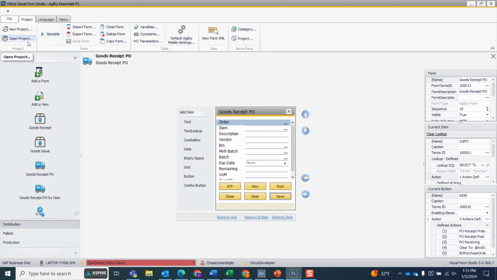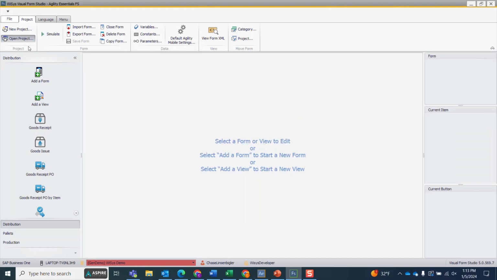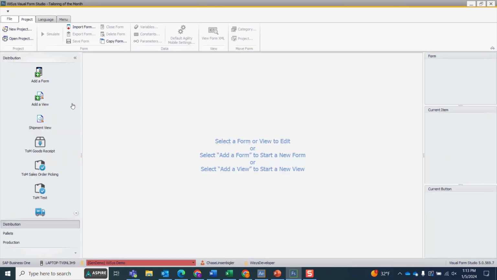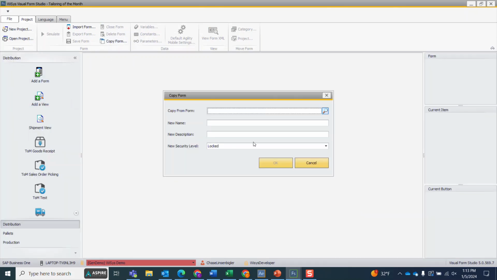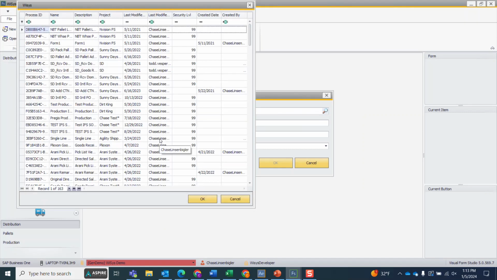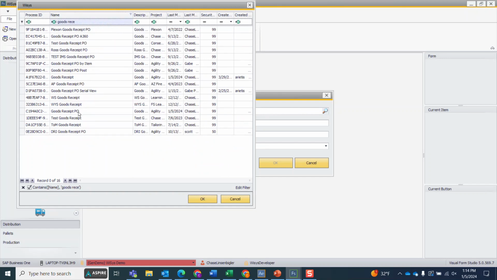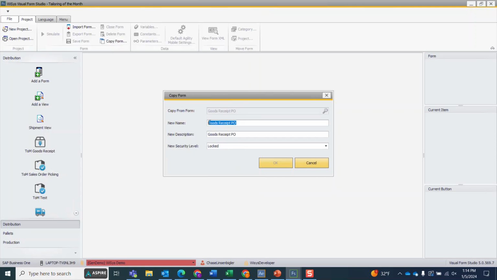So remember, anytime you're making changes to this stuff, you need to make a copy in your own project so it doesn't get overridden by a WiSys update. So I'm going to go to Open Project here, and I'm just going to dive into my Tailoring of the Month project. And inside of Tailoring of the Month, then I'm going to go ahead and make a copy and just go find that standard goods receipt PO here. All right, so I just want the standard one right here. Hit OK, and we'll just call this